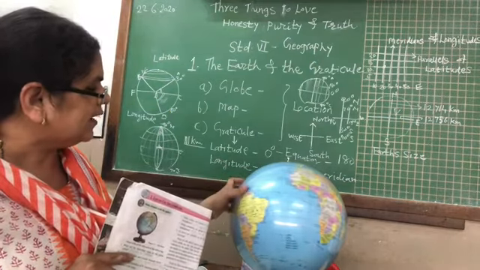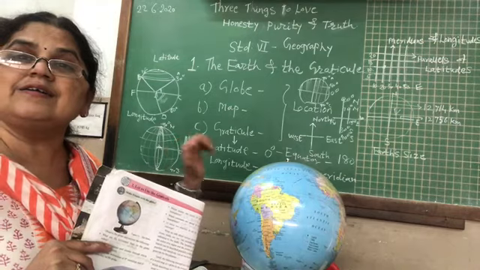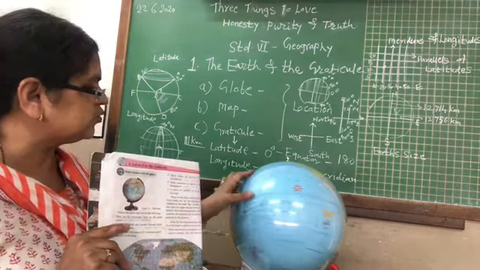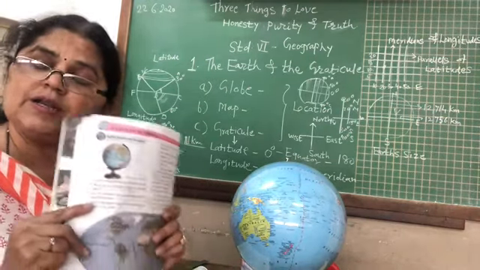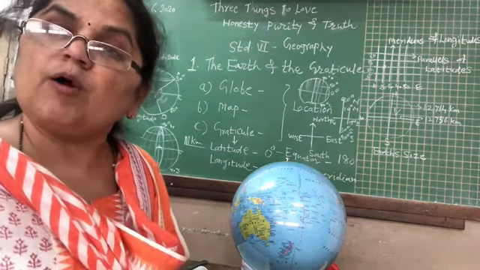For example, even on the ocean, there are locations, there are water bodies, and there are certain latitudes and longitudes which are shown. Now it is very important for us to understand this location and the graticule, which forms an important thing in a common man's life. How is it important for all of us?